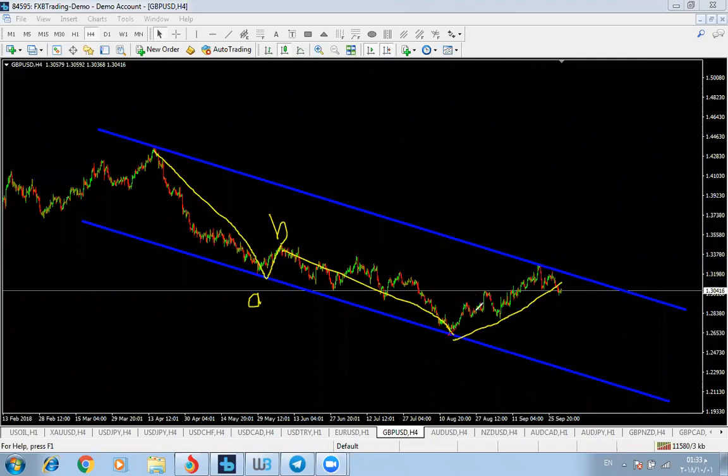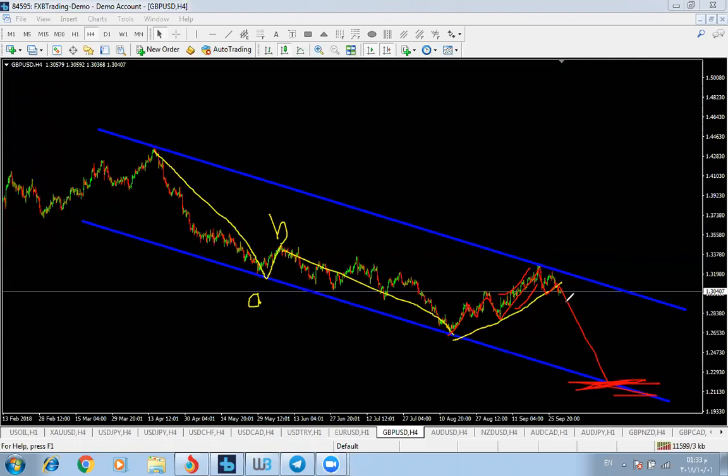This is A, B, and C, and I've shown you this contracting diagonal, and the price started to push to the downside. So we expect in the next few days the price will be dragged to the downside around 1.20 to 1.21